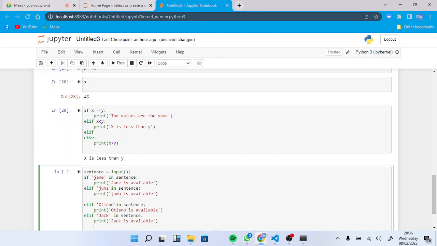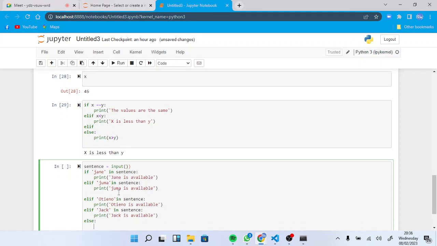Then let's now end our adds. So adds, adds print